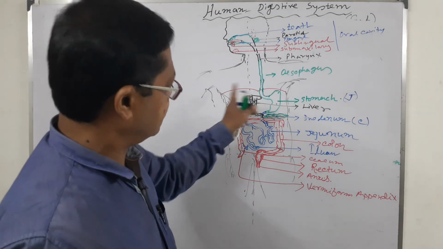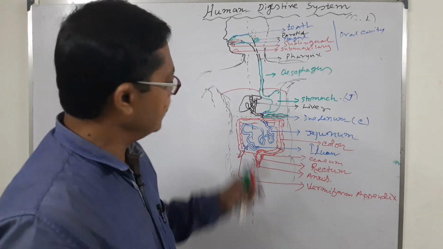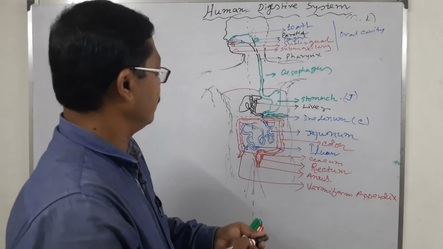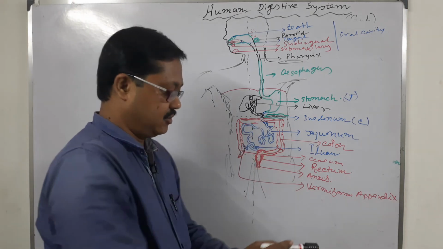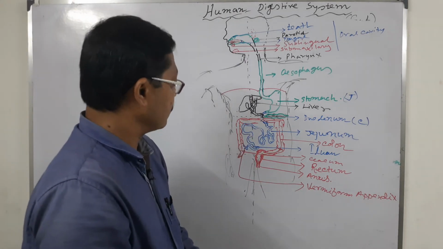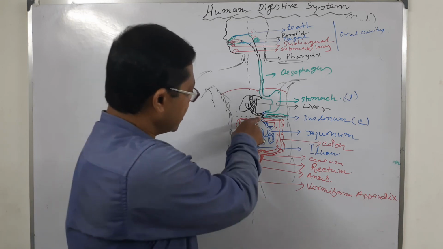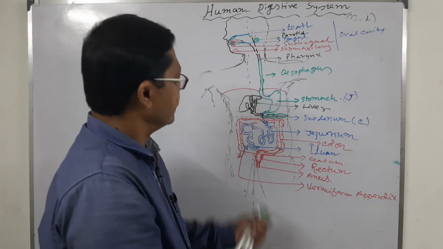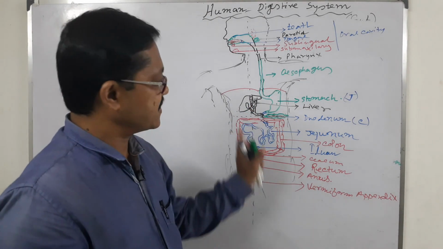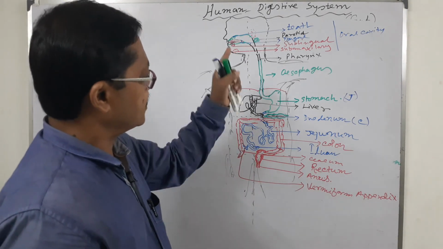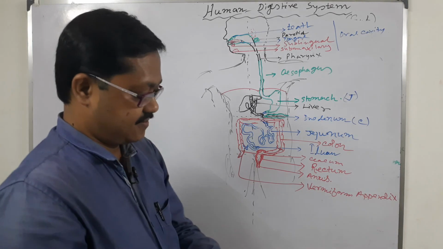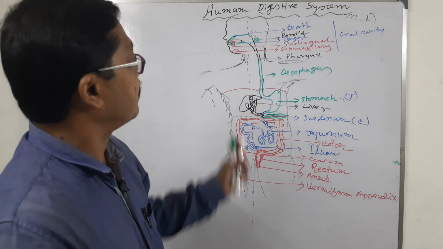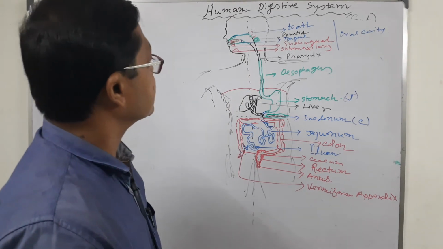When we study the liver and the pancreas elaborately, we shall draw this in a larger way, and then we shall study what happens here. Then another structure is called the ampulla of Vater, and another is the sphincter of Oddi, sphincter of Boyden; different structures are present here. So this is our total human digestive system. Draw it, and later we shall discuss the first part of our digestive system. This is the oral cavity.